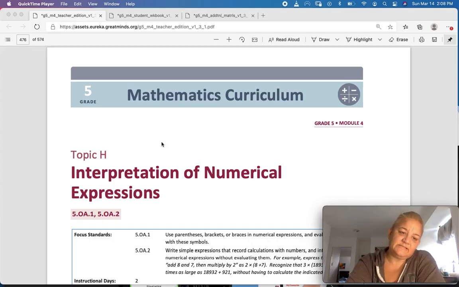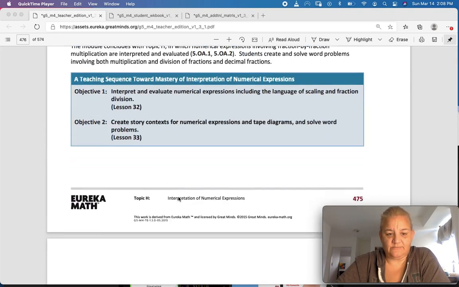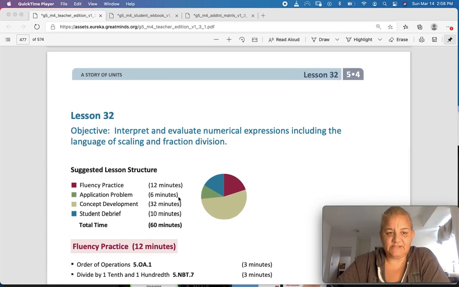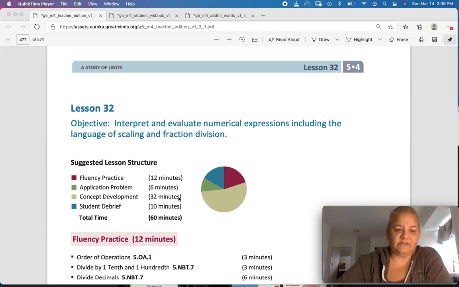We are starting topic H in Module 4, and we're moving away from, not away from division, but we're adding another couple lessons on numerical expressions and order of operations, things like that. Parentheses, brackets, expressions. So let's go to lesson 32, which is interpret and evaluate numerical expressions, including the language of